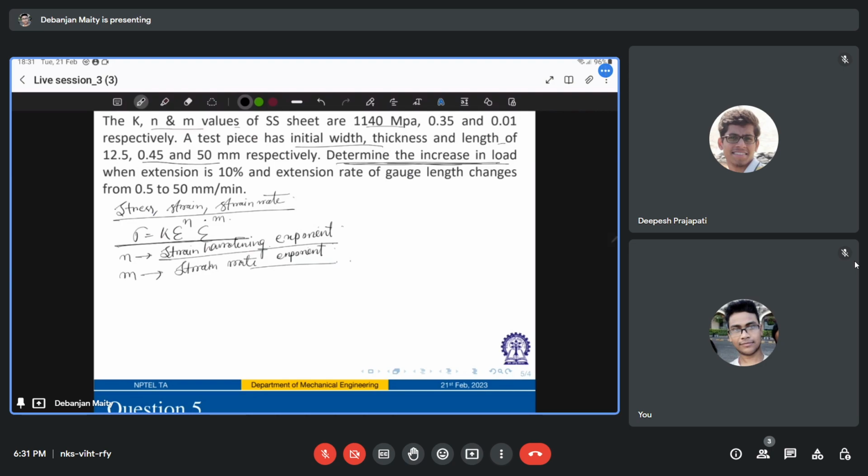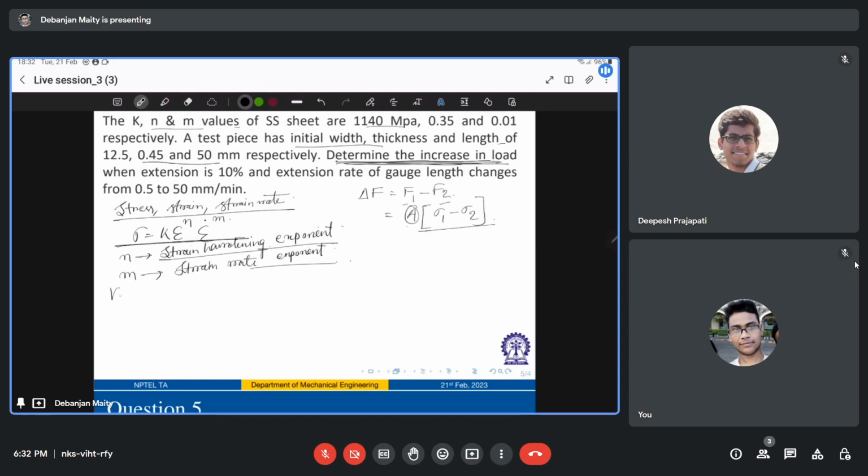So, let us start from here itself. We need to find out delta F, right? The increase in load. So this will be F1 minus F2, the initial one and the final one, right? So this is, let's say, area is constant and this is sigma 1 minus sigma 2. Now,